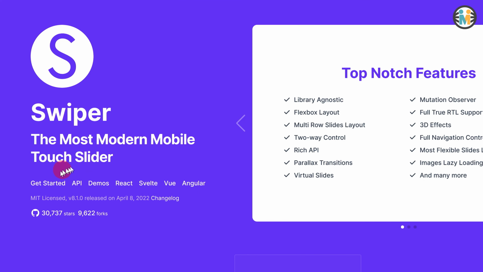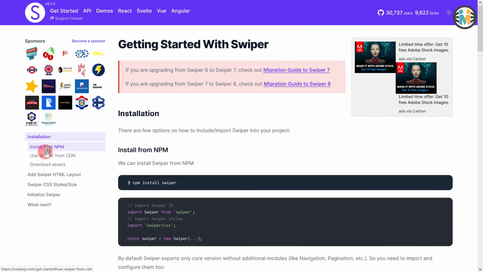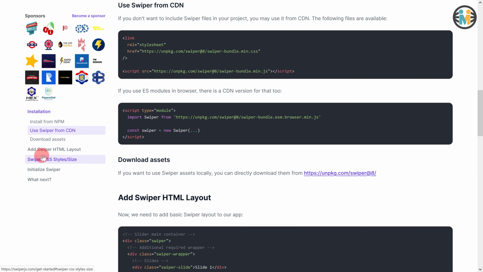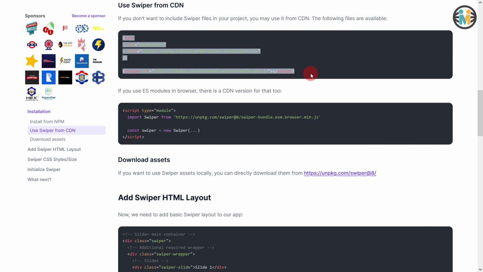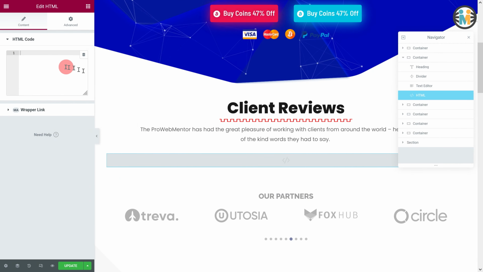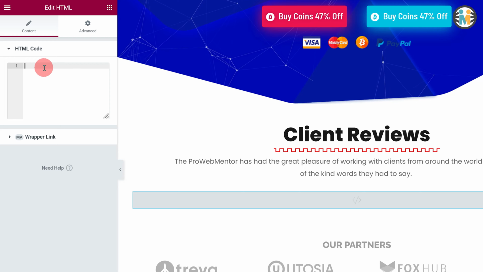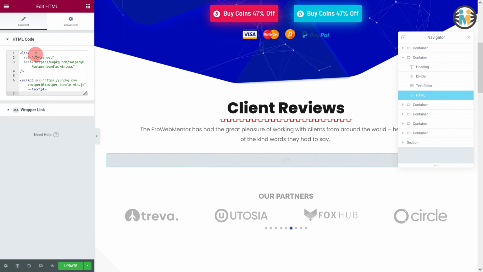Go to swiperjs.com. Once the website loads, click on the Get Started link, and then click on this link. Now copy the Swiper slider CSS and JavaScript CDN links together, and then go back to your Elementor editor page. Now, inside the HTML widget, paste the copied CDN link. Now go back to